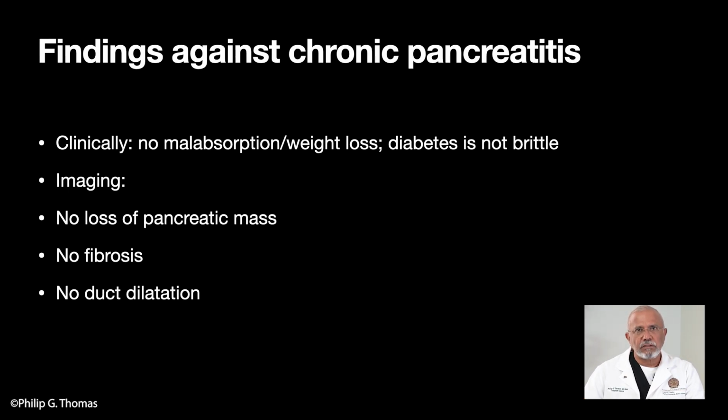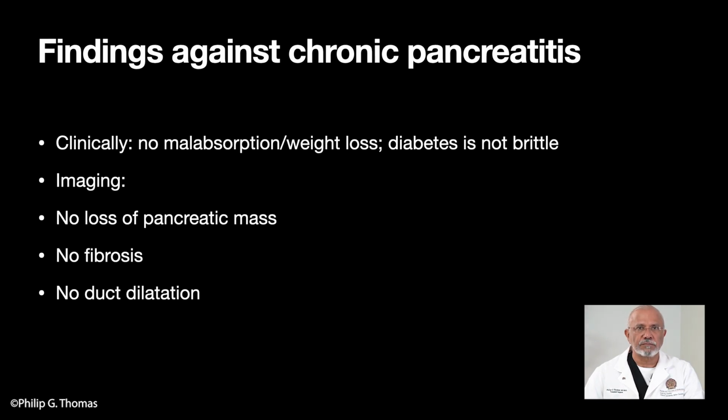So to reiterate, what are the findings against chronic pancreatitis in this patient? 1, clinically, he has not had any weight loss, there has been no malabsorption, there is no loss of exocrine function in this patient in the 5 years that have lapsed from the time he had his first attack to now. On imaging, there is no loss of pancreatic tissue, there is no fibrosis, there is no ductal dilatation, and there are no stones seen in the pancreas. So we can be fairly confident that this patient has an acute pancreatitis now and not just an exacerbation of